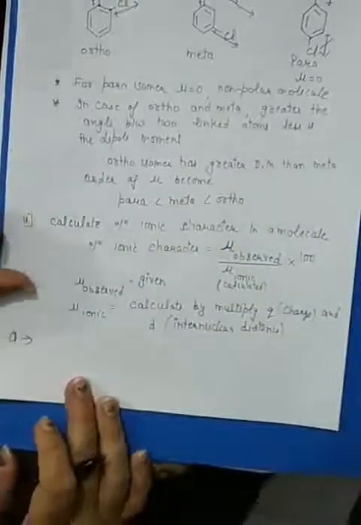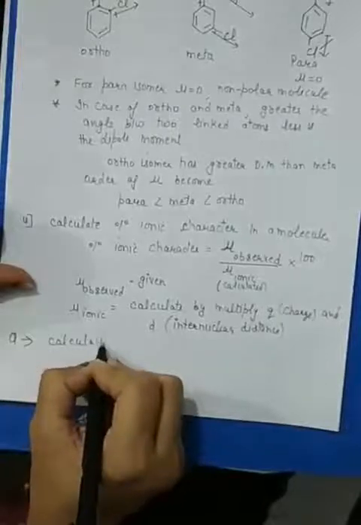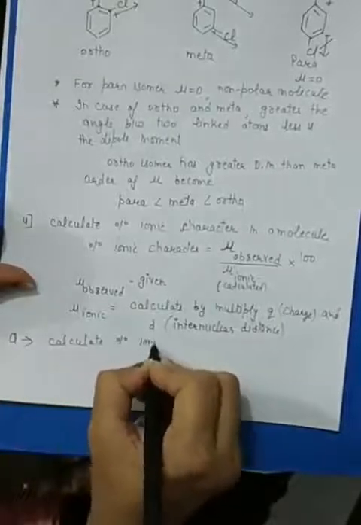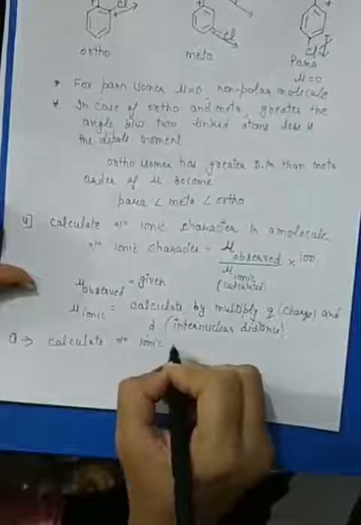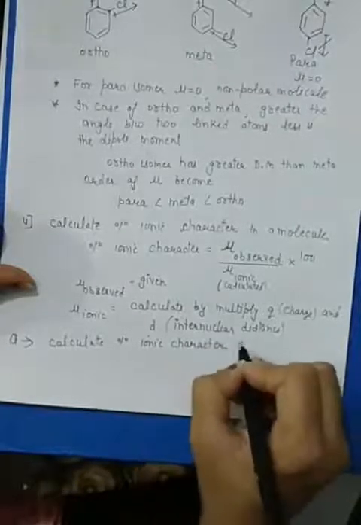So let us discuss it with the help of an example. So the question is: calculate the percentage ionic character of HCl